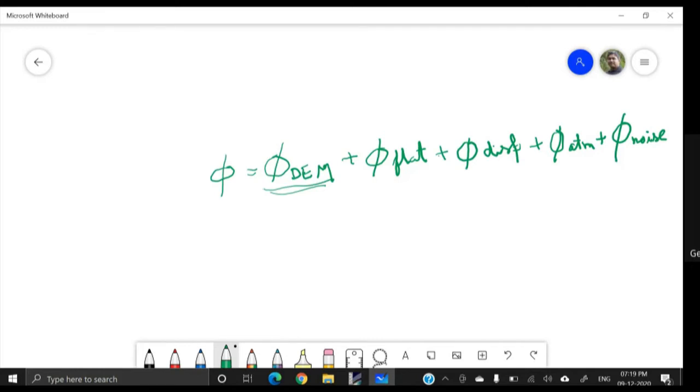Okay, so how can we get the actual phase?